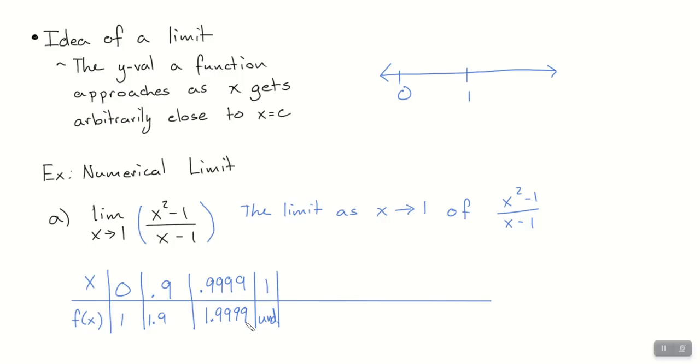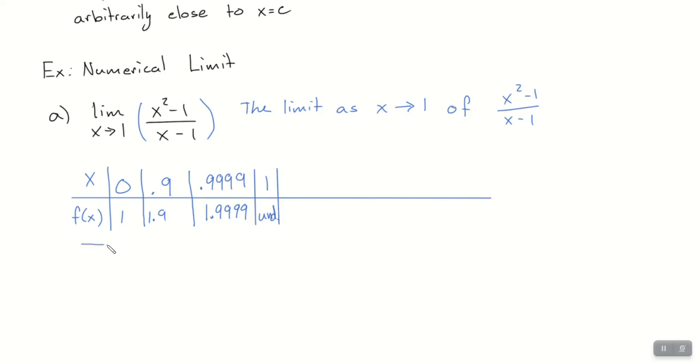Okay, if we went one more, and I'm not going to make us write it because we're out of space, but if I asked you 0.999999999 and I just got closer, what do you think is going to happen? 1.999999999. That seems pretty natural. We never quite got to x equals 1, but as we get really, really close, what y value does it seemingly get really, really close to from the left? 2. So underneath this, and we won't write this every time, but we'll just say from left,